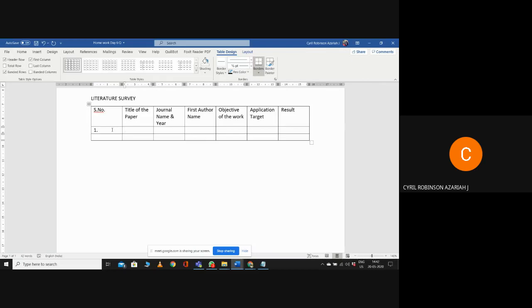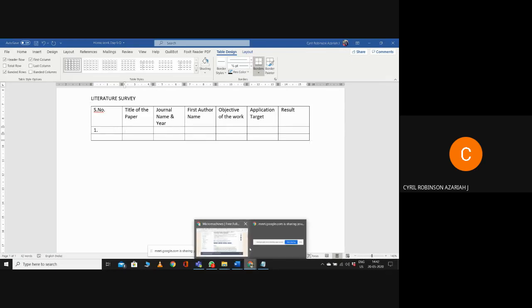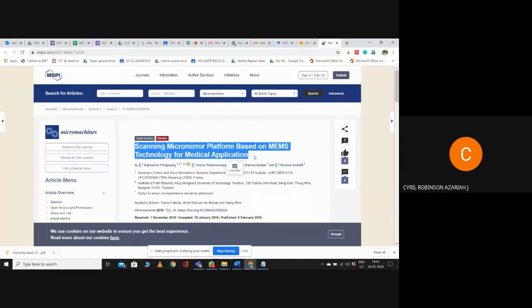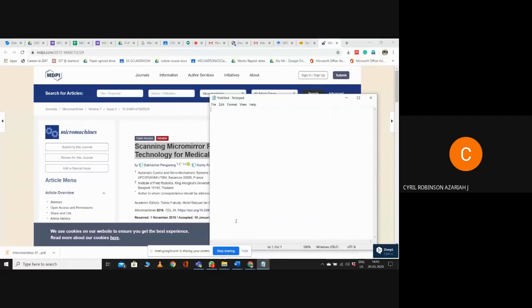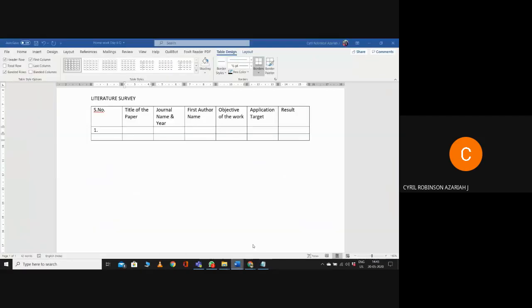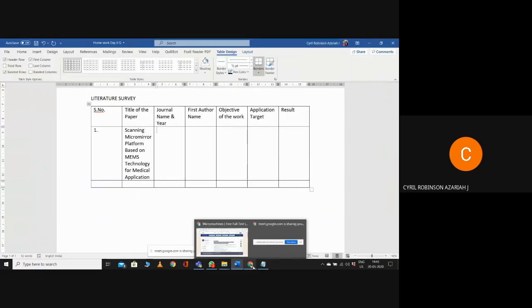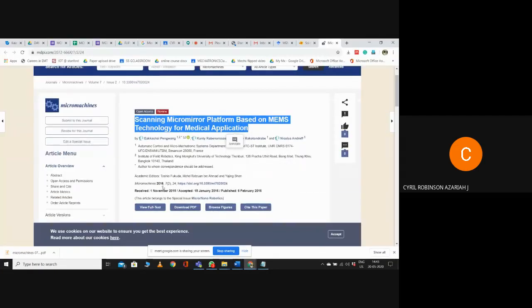So first one. What is the title of the paper? That we will copy and paste. Maybe you can use Notepad. Copy and paste. Next one, journal name and year. It is published in the year 2016 in Micromachines journal.